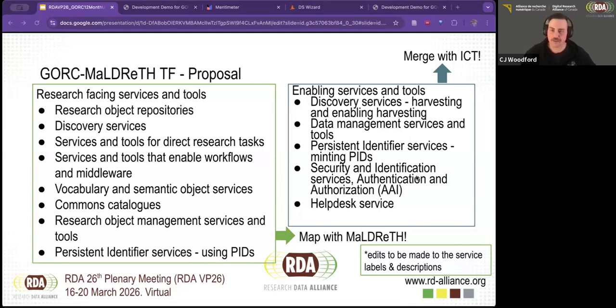And so I think maybe what we're getting to is what sort of enabling services would you need for those research-facing services? By making the distinction between them, we are not trying to remove the connection. And that's actually part of the work we're hoping to do in the task force, is to say which enabling services are required for which research-facing services, so that it would be easier in that adoption layer for folks to say, I want to implement an electronic lab notebook. What are all of the pieces I need for that in terms of enabling services themselves, but then also the ICT infrastructure that it lies on top of too.